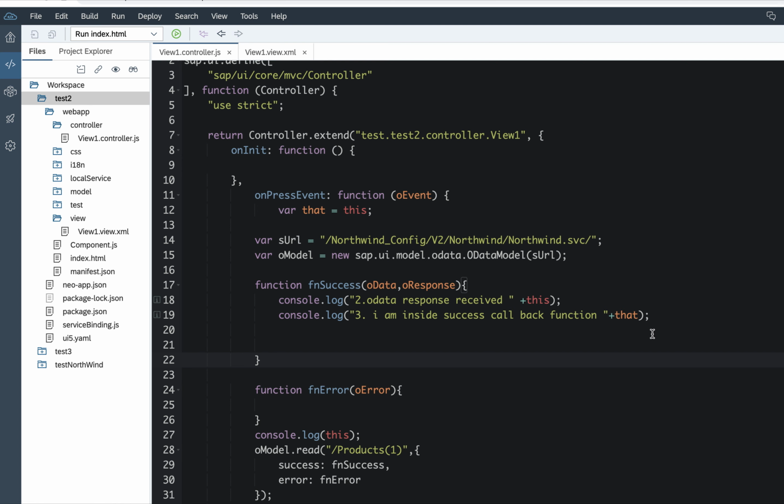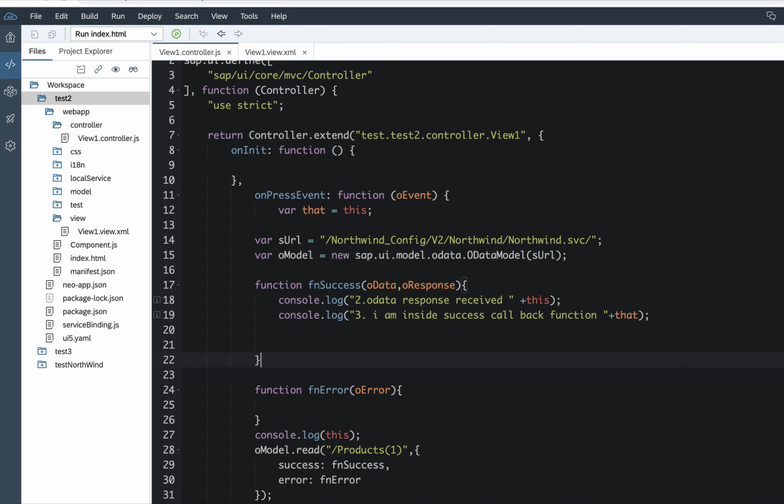So whenever you want to access the view object, or you want to access the current controller instance inside your OData callback function, what you can do is declare a statement var that = this, and once you assign the object reference of this to that variable before you call the OData method, you can access the current controller instance via that variable.